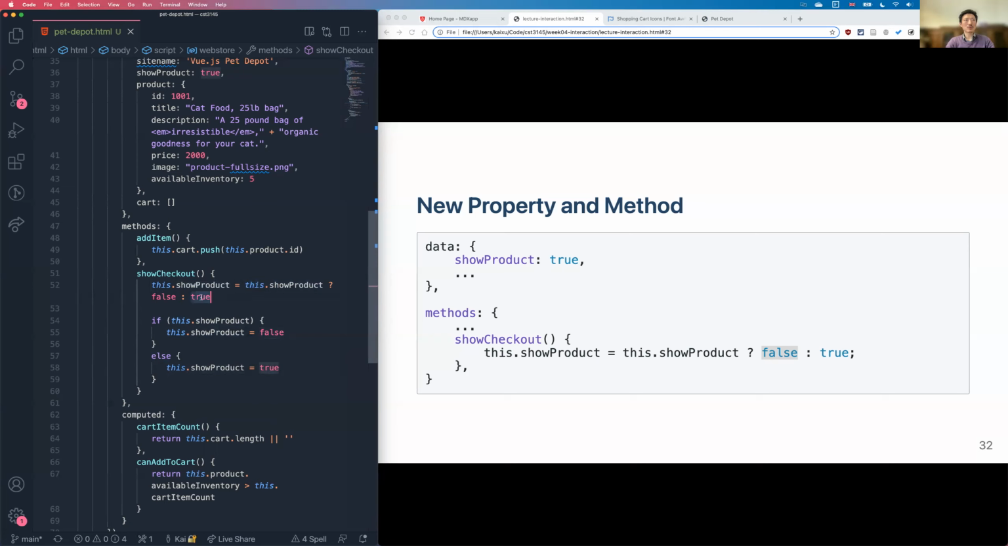If it's not true, it becomes the second value. And it doesn't have to be true or false. It can be 1 or 2 as well. It just says